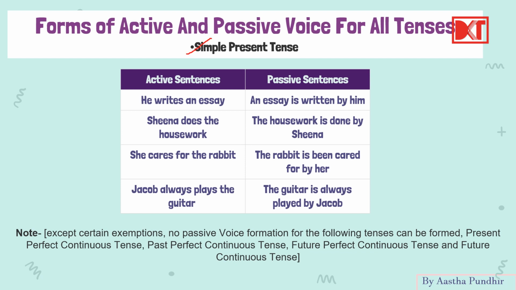हमने कैसे पढ़ा था? Past participle में convert होगा. तो यहाँ पे notes पढ़ लेते हैं कि except certain exemptions, कोई भी no passive voice formation for the following tenses can be formed. Present perfect continuous tense, past perfect continuous tense, future perfect continuous tense और future continuous tense. तो इनके लिए passive voice formation नहीं हो सकती except for certain exemptions. कोई ना कोई exemptions मिल ही जाएंगे. Alright,